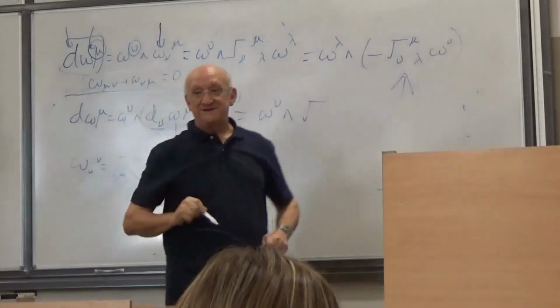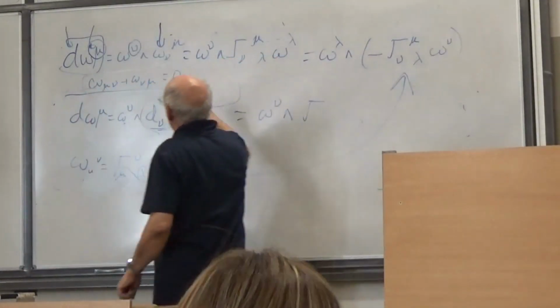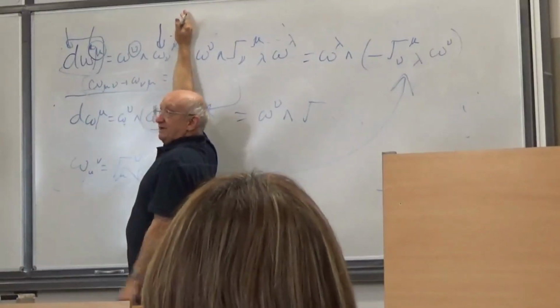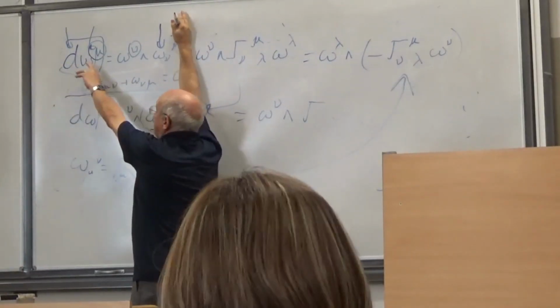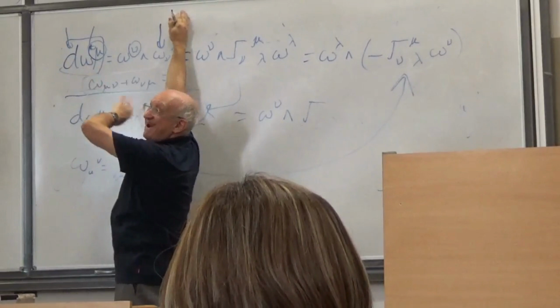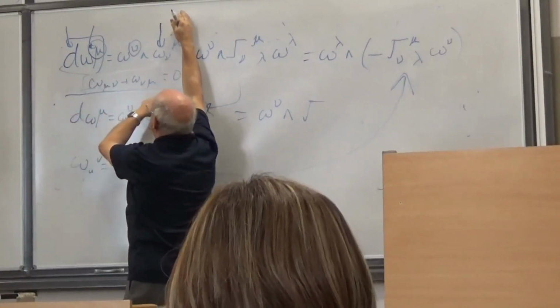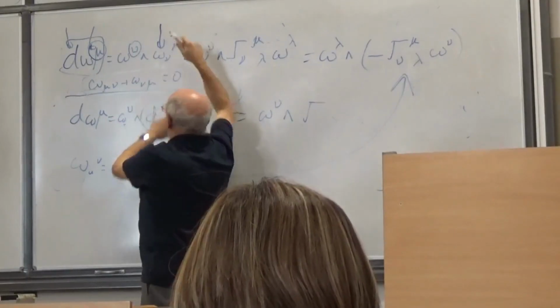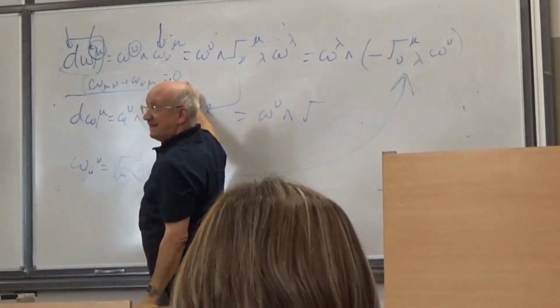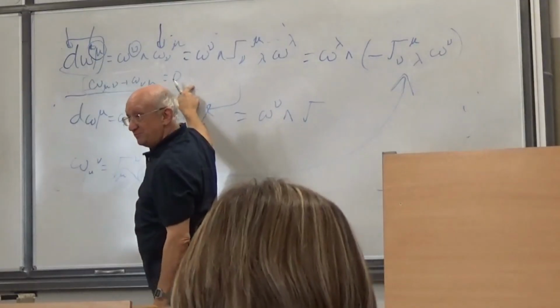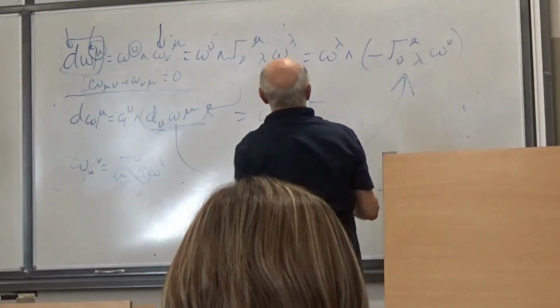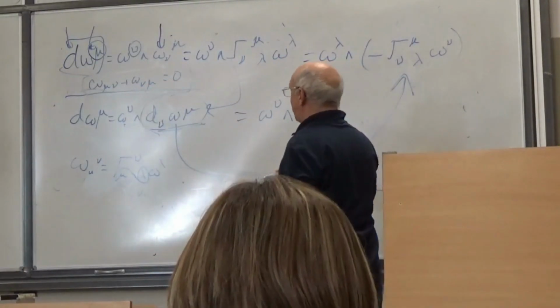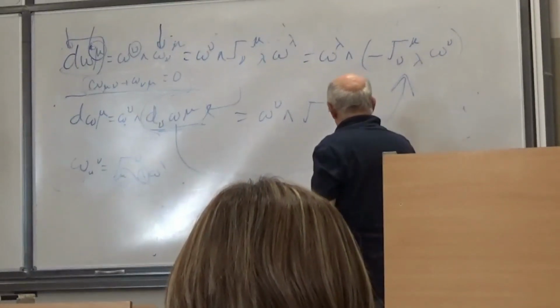So if I use this one, it is totally general. It will work for coordinate bases, for orthogonal bases, or for anything. This one is only for orthogonal basis. If you have a coordinate basis, you have to have here d, he, mu. Okay, so then the covariant derivative of